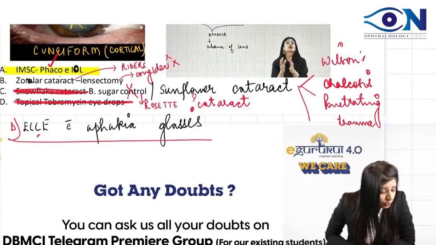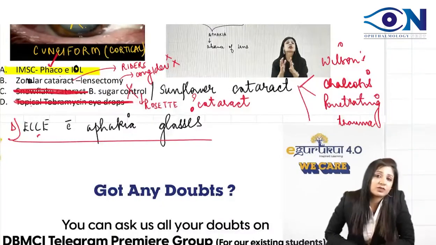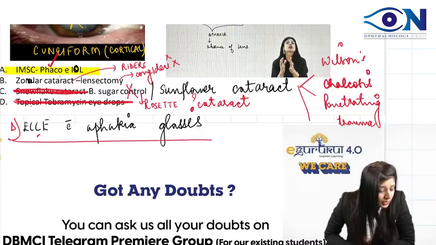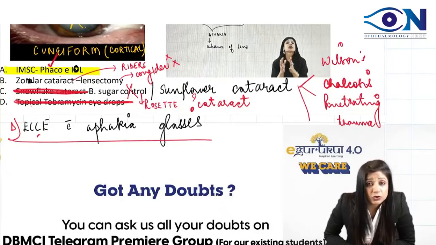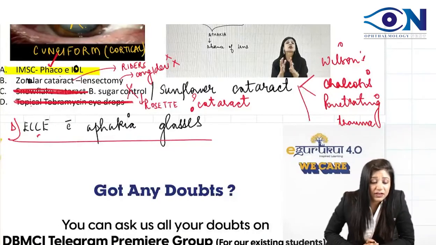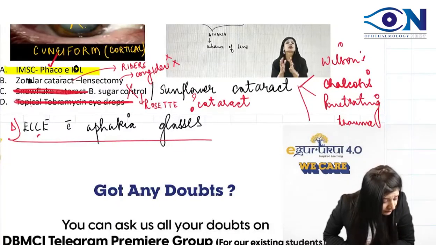Please make this also sure, so that we can come up with the highest accuracy of the language of the questions as well as the options in the recall PDF for all of you. Because some students told me, and they specifically said, that tobramycin was written in that, topical tobramycin was given. Then they said zonular cataract with lensectomy, and there was some confusion about sunflower cataract or snowflake cataract along with blood sugar control.